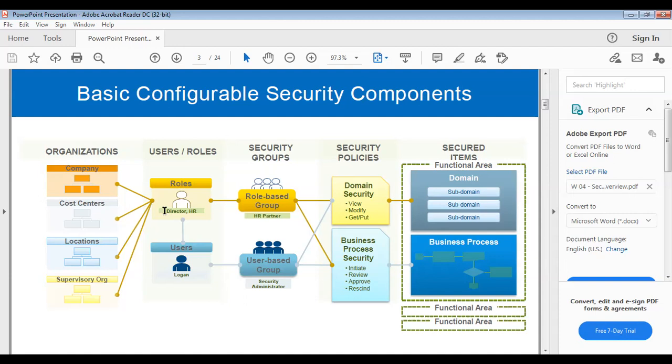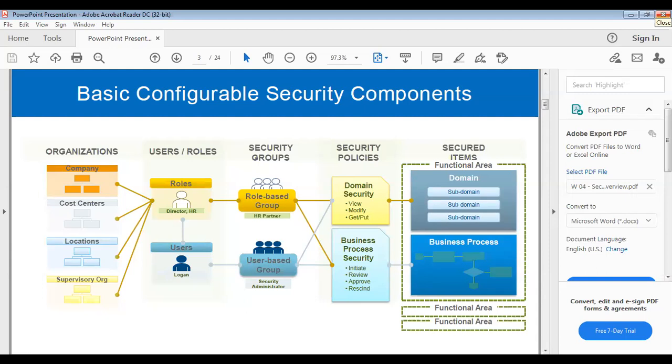Now, the role is linked to a role-based security group, and these users are linked to user-based security groups. For example, I told you this director will be linked to HR partner, HR manager.